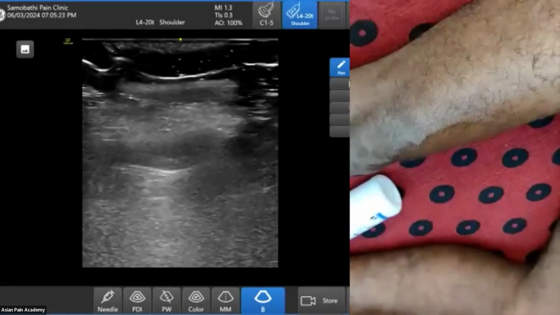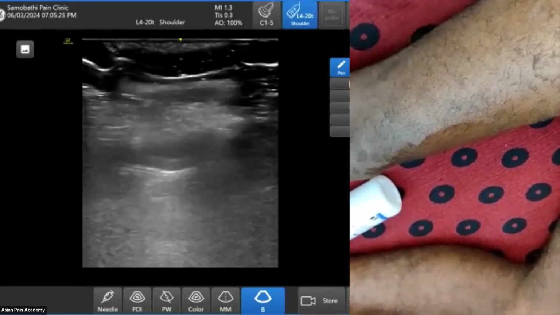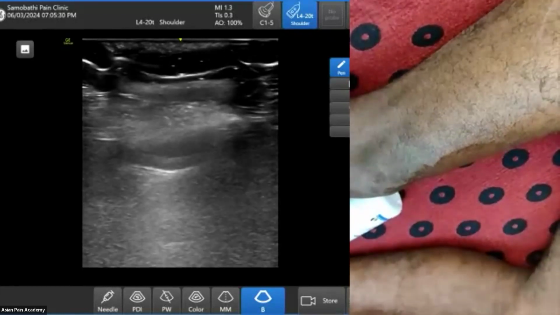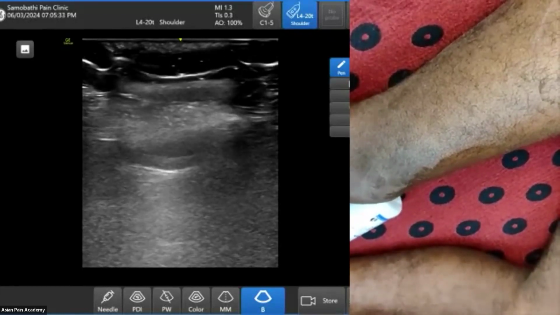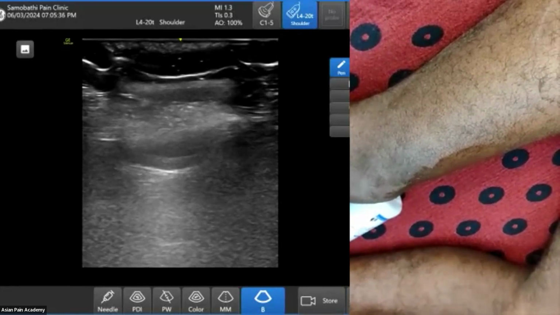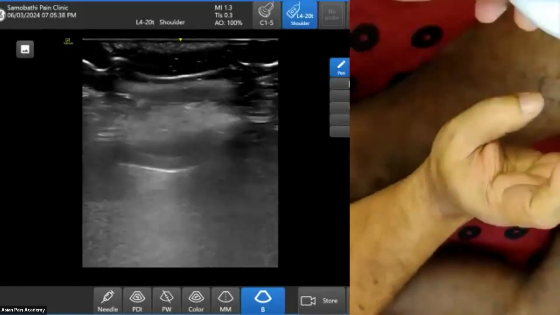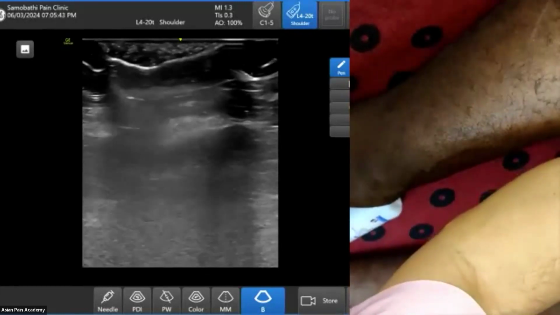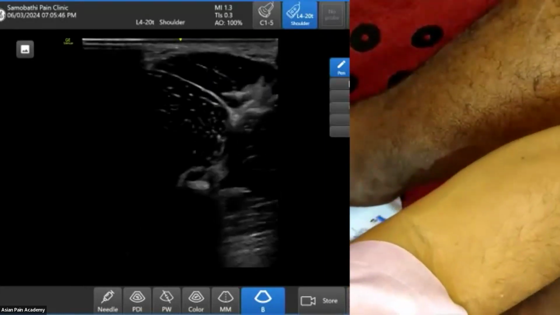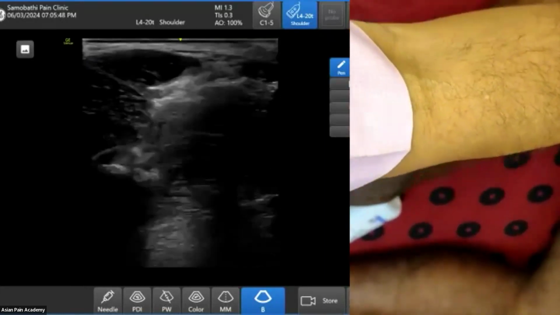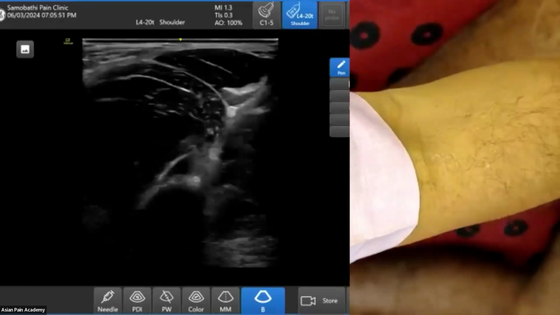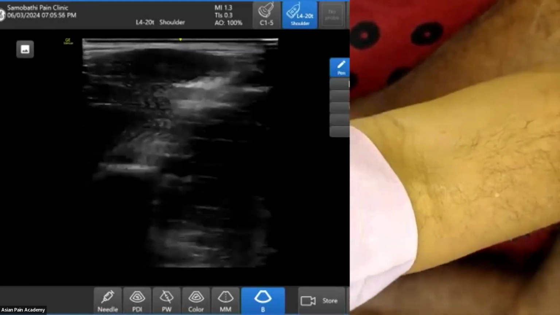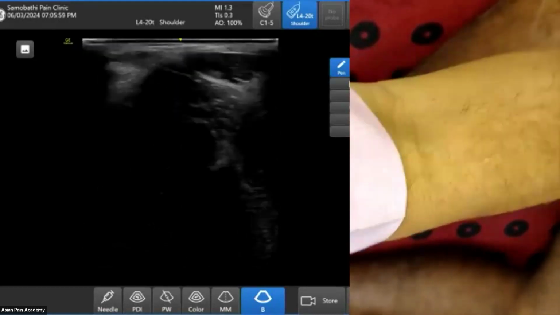Okay, so I will show the femoral nerve first. The femoral nerve is very easy, but as I told you, here also the same protocol, that I will go with the margin of the iliacus, mainly iliacus. So where is iliacus? Actually both the things can be in your mind. Either you go for the iliacus muscle and margin, or you go with the neurovascular bundle, VAN. So here, as soon as I move like this, where